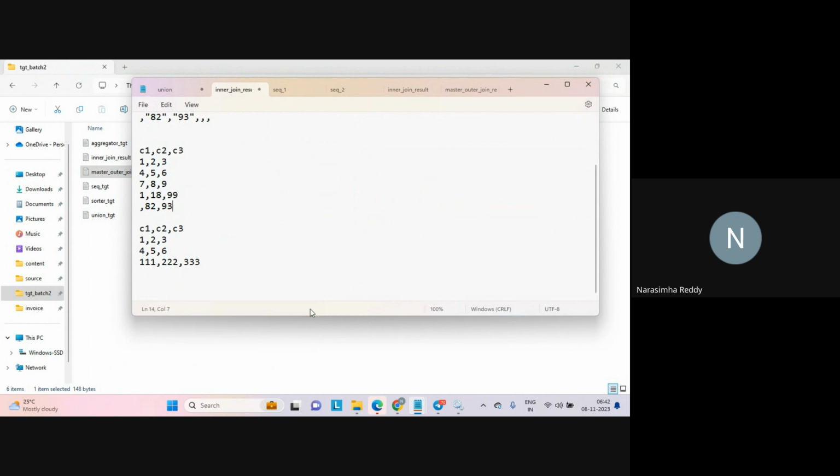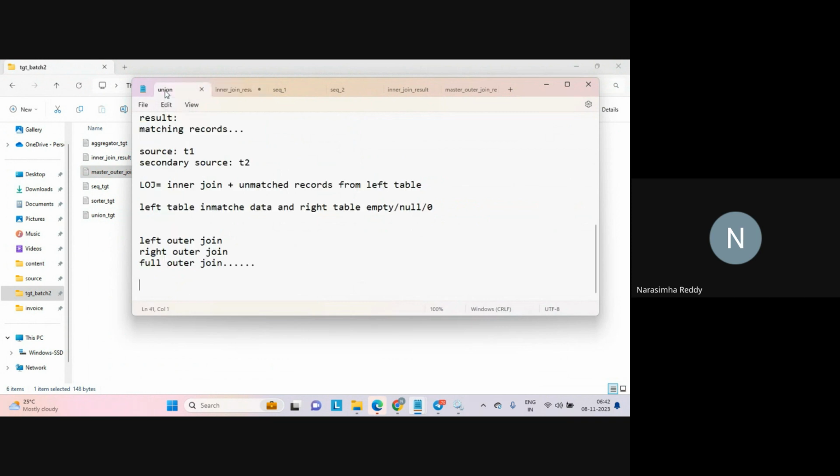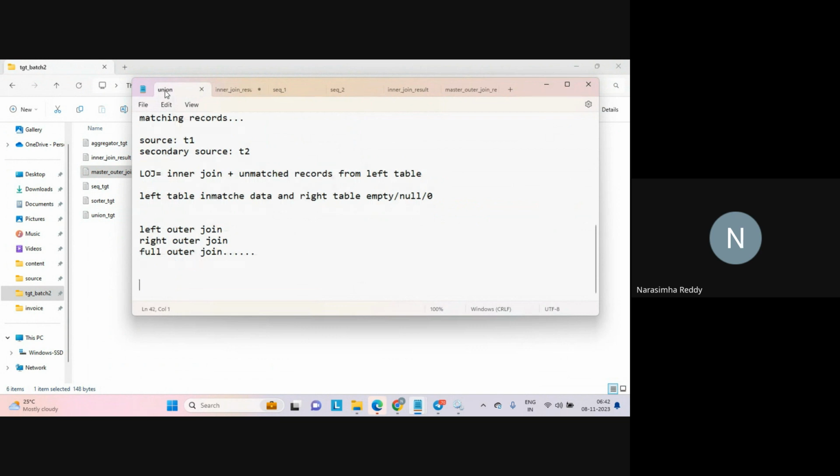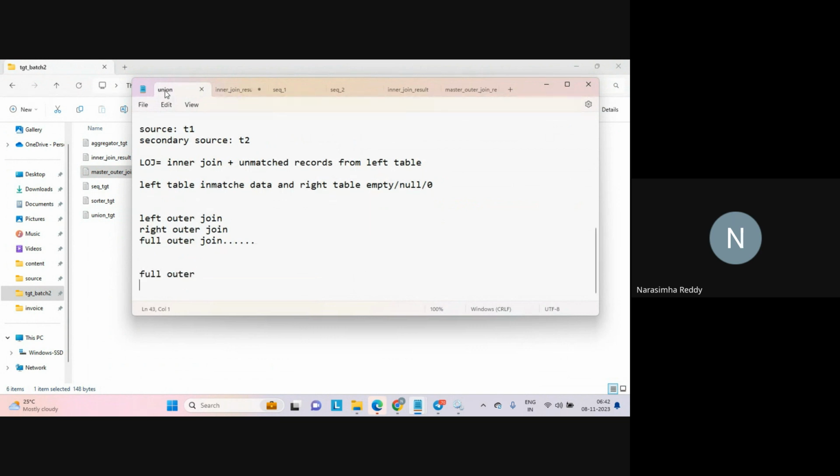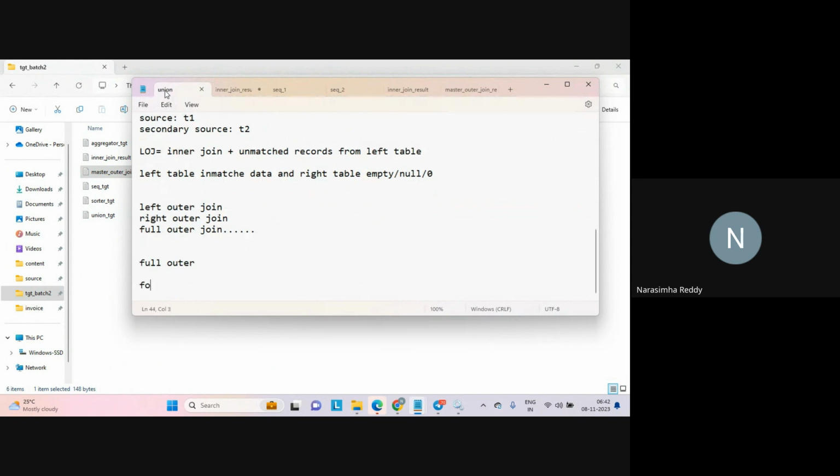That's where we have another type of join, which we call full outer join. Full outer join is equal to inner join plus